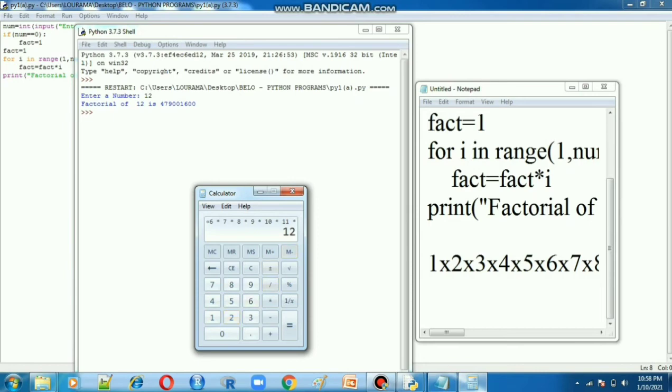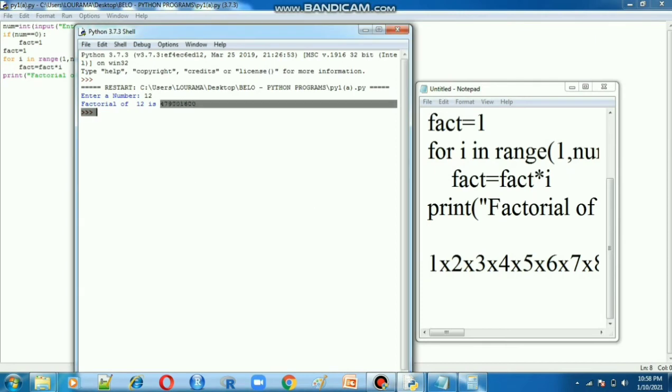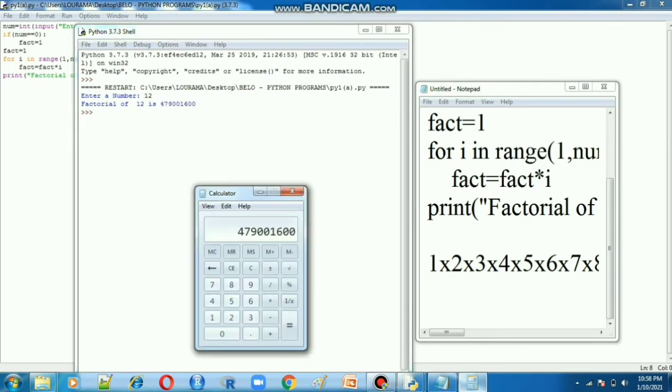Up to 12 factorial only we have to find. The result is 479001600. This value came from here, and that value only will come here. If you have any doubt, you can check like this also. This is the result of factorial 12.